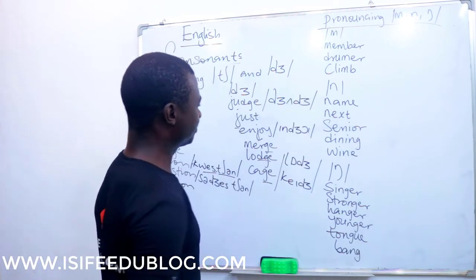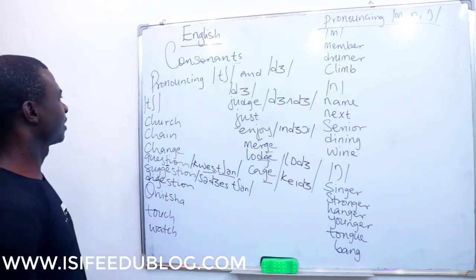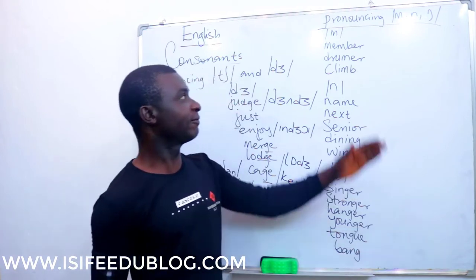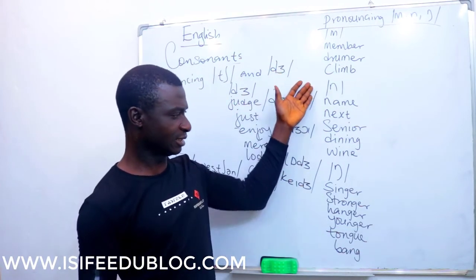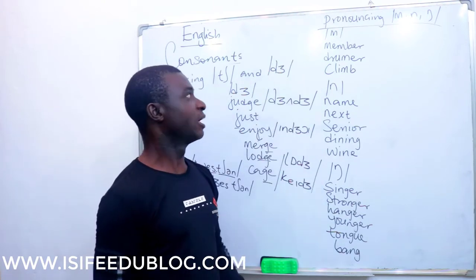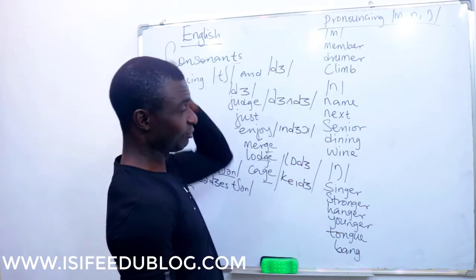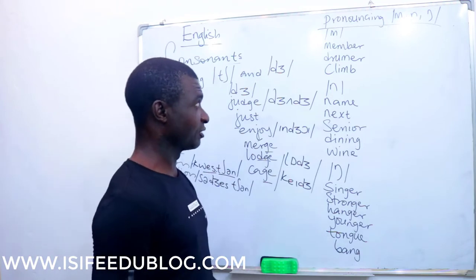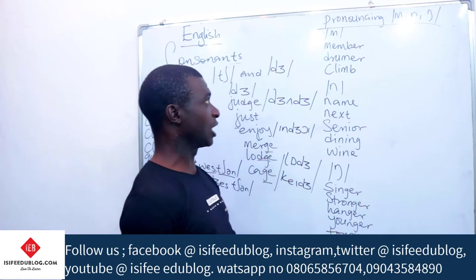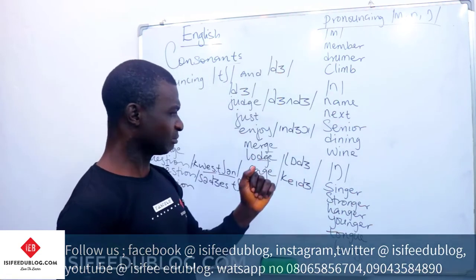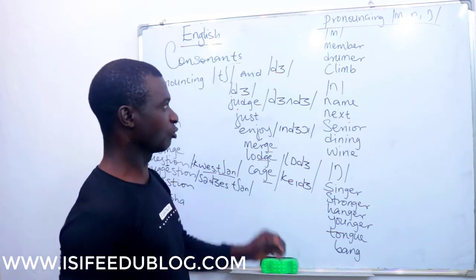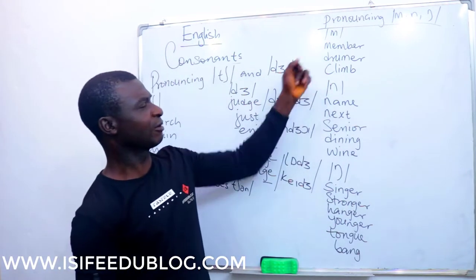So, we leave the affricates to go to the nasals. We have m, n, ng. We have it with m. I've given few examples because these ones don't give us much trouble. Here we have member,